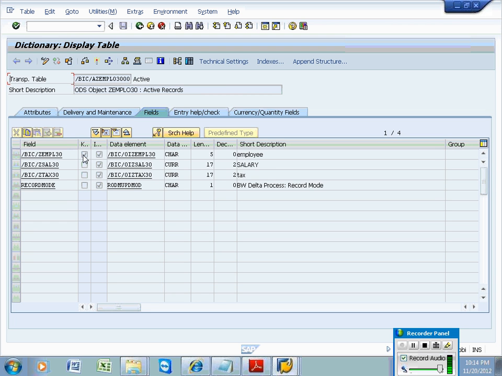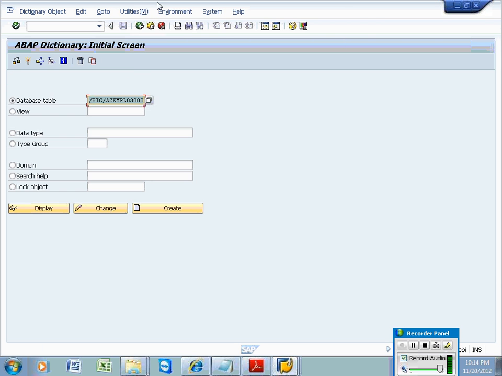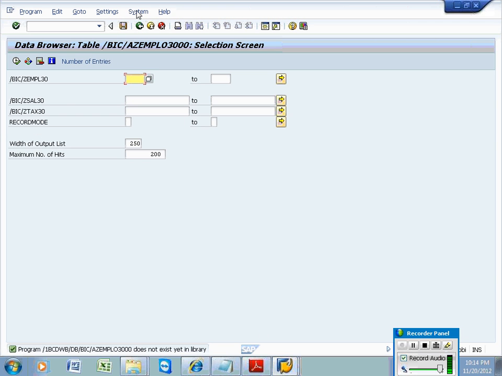What is it? Key field. It is set as a key field and all three are data fields. Let me go back to this one.